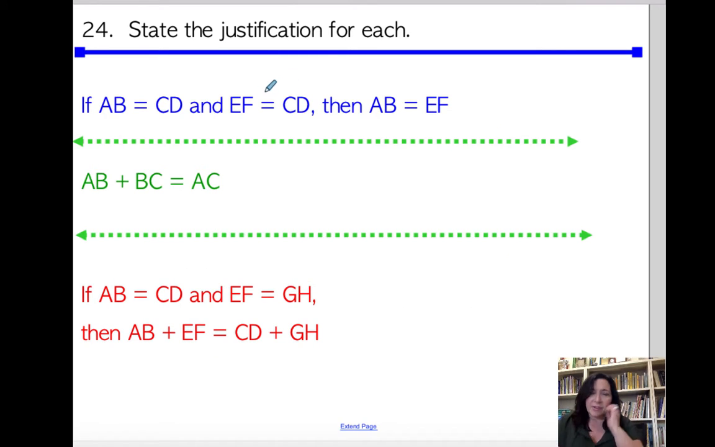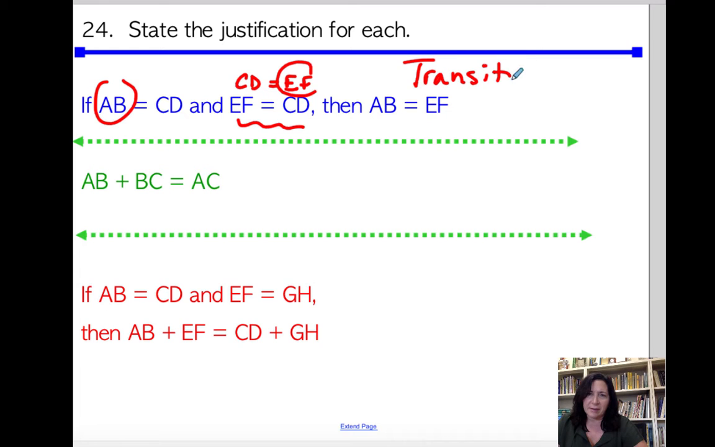State the justification for each. So we know if AB is equal to CD, and we know CD equals EF, this is just written a little bit weird, then AB is equal to EF. Well, that's the transitive property of equality. Next, AB plus BC, those are little segments, is equal to the big segment. That's the segment